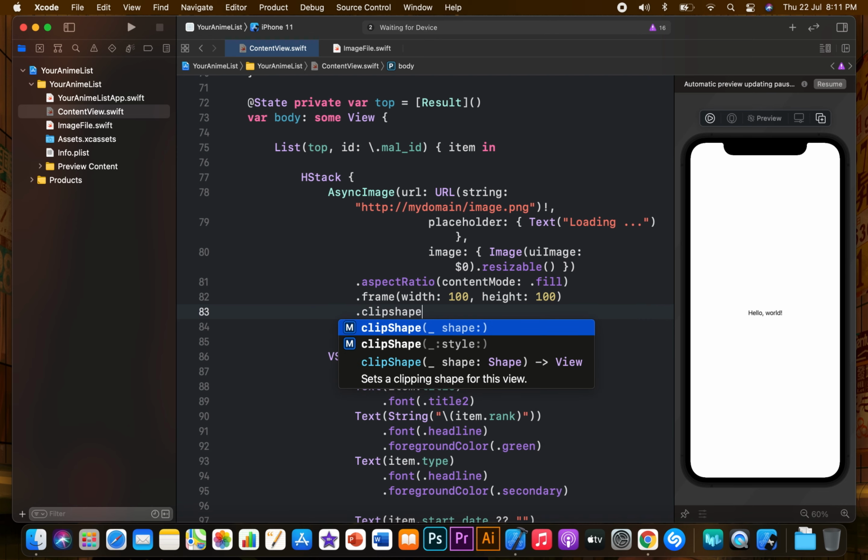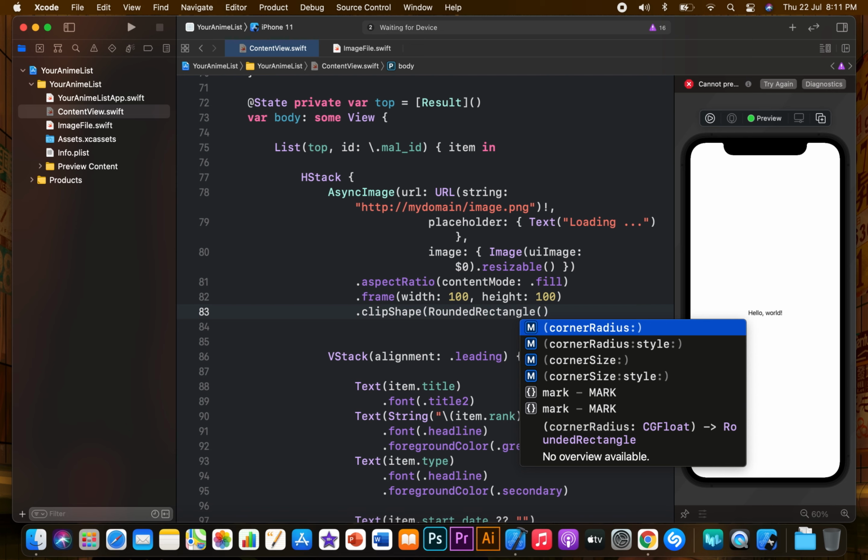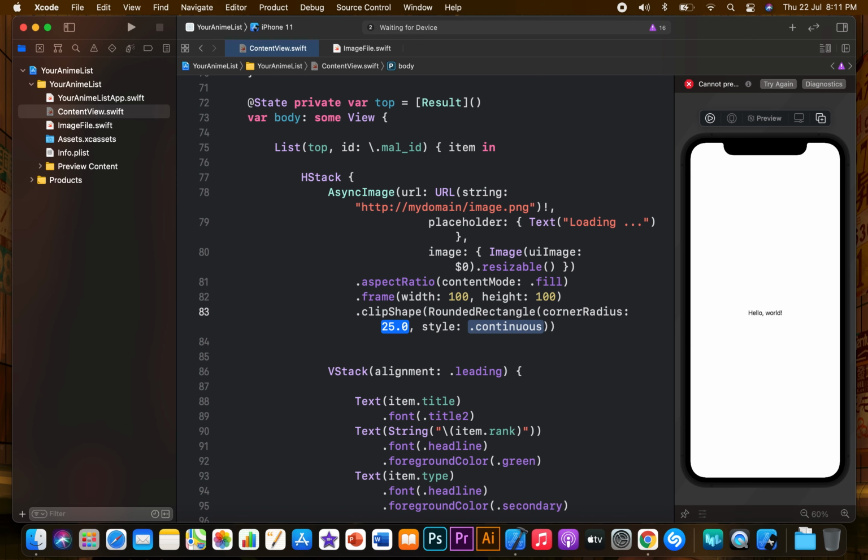And lastly, to finish things off, we are giving it a clip shape, and for that I'm using a rounded rectangle. You could use a capsule, circle, or rectangle as well. It's totally up to you. It comes with some predefined values like radius 25 and style continuous, and I think it's quite okay.